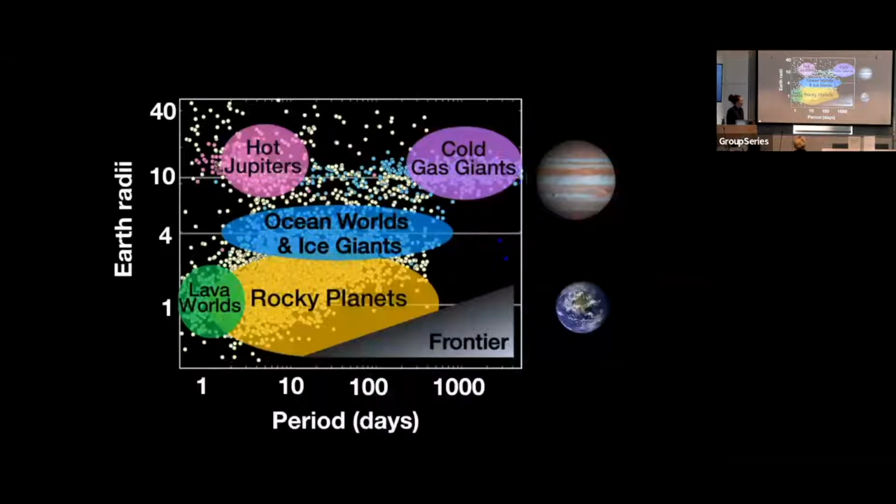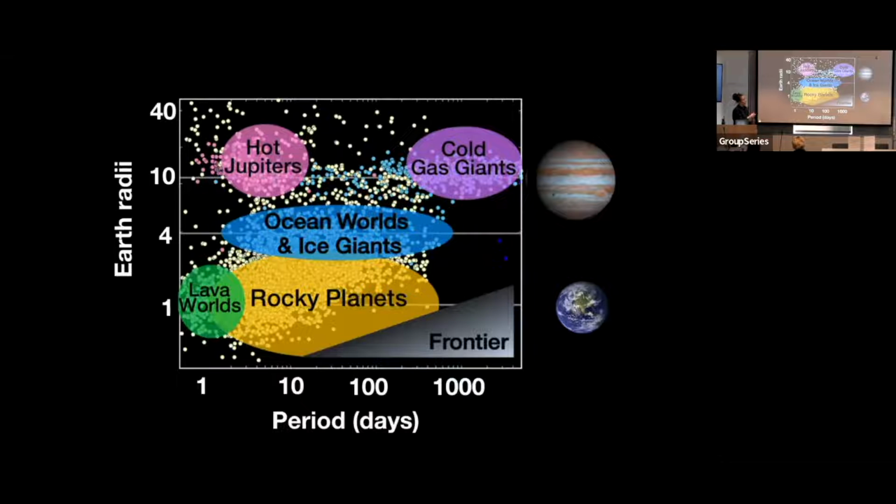So we have here what I like to call the exoplanet architecture. This axis is Earth radii, so planet size increasing this way. This is period, how far away the planet is from the host star in days. You can see there are basically these subcategories of planets. You have hot Jupiters, planets that are many times the mass of Jupiter, orbiting sometimes inside the orbit of Mercury around their host star.